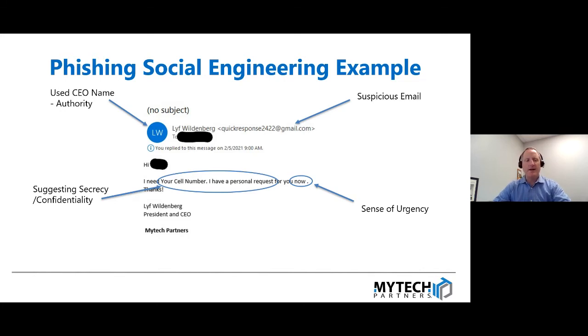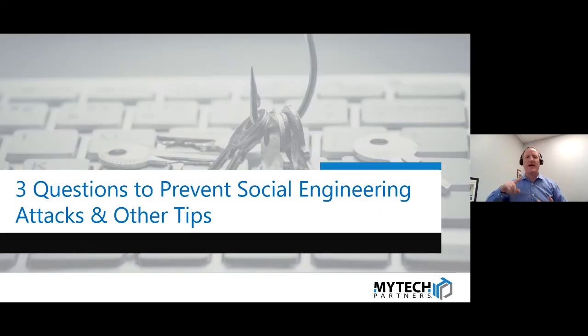We did a whole session on this where we gave multiple different examples of what phishing looks like and how to recognize it. But this is an example where multiple tactics get employed to exploit or attack your organization. All right, so now that we've talked about what phishing is, what the different types of attacks are, what tactics they use and the goals of social engineering, what can we do about it? We understand the problem we're trying to solve, hopefully a little bit better than when we first started this session, but now what can we do to actually mitigate these risks?